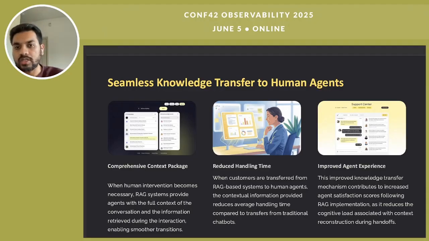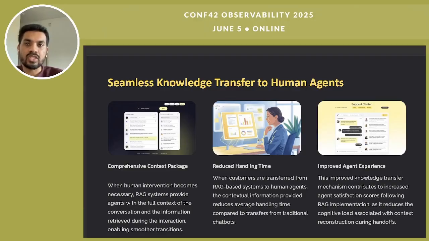Apart from this, in the domain of customer support, even with advanced automation, there will be a point when some conversations need escalation. And in this situation, having an AI agent that is able to store context and intent helps the handoff to human agents, bringing the human agent up to speed on the issue very quickly, because the RAG-based system has all the context and intents already stored in its database.